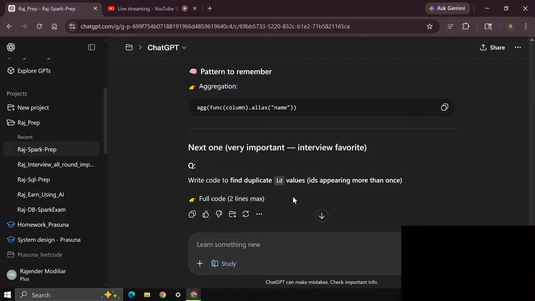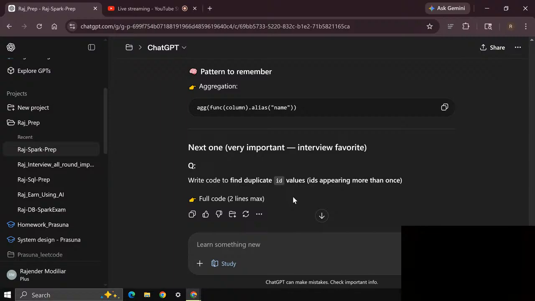Let me explain what needs to be done, but I'm not sure how to do it right now. What it needs to be done is either rank or assign some values for each ID. If it reappears again, the index needs to be incremented. So whatever the index other than one, we need to filter.